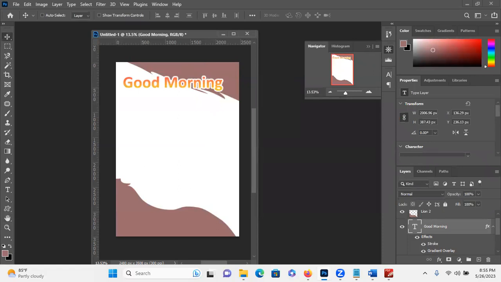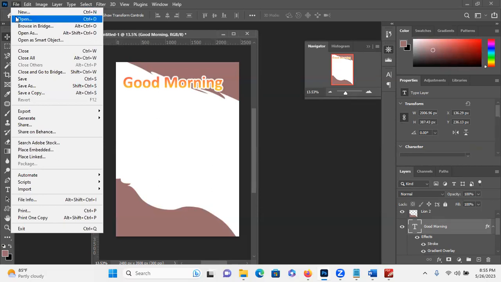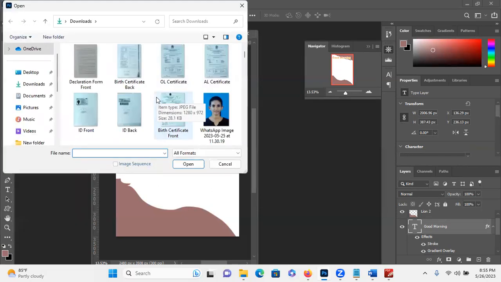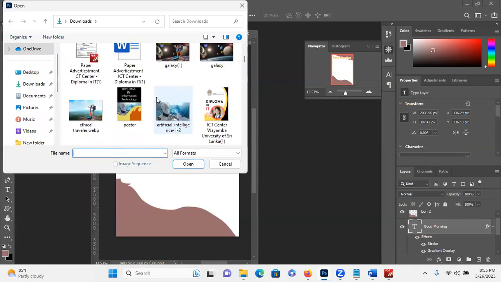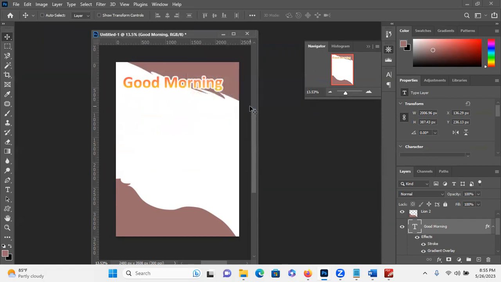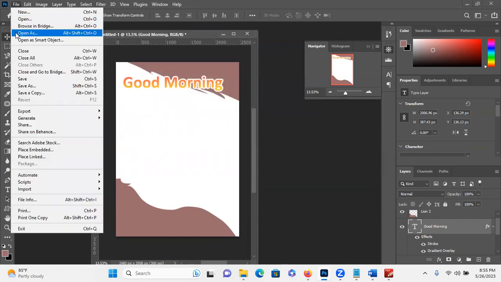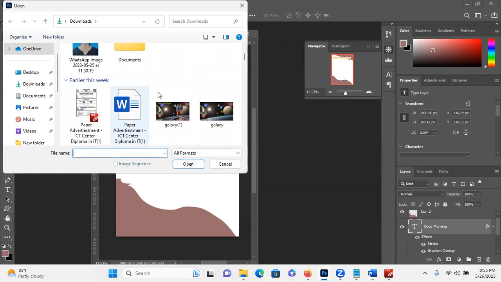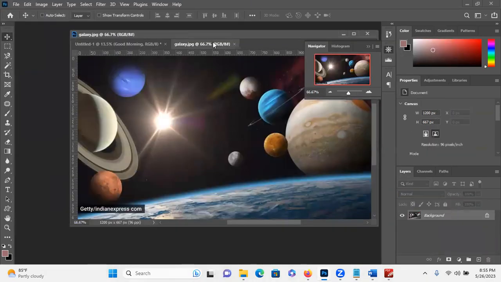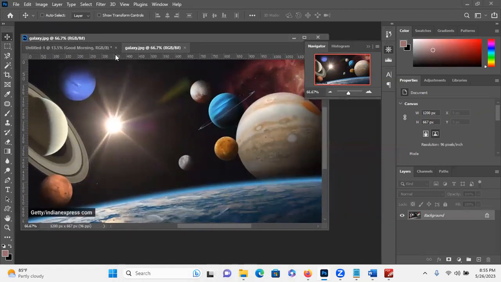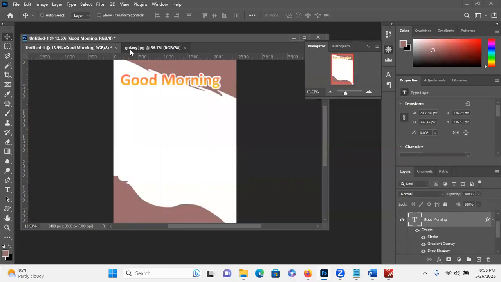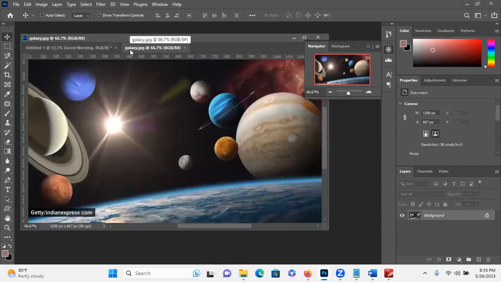Then children, you can further add images. So I'm going to open an image. So you can go to file and open. And from there, you can open images. If you have already downloaded images, you can open them. Then again, the open images will be added as the same window. So you can click here and see the previous window. And this is the newest window, the open image. If you want to separate these images, you can just click on the heading